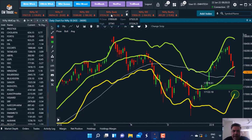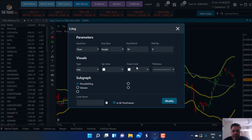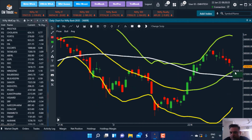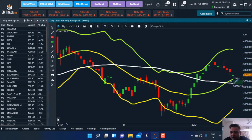Now let's analyze Bank Nifty. The Bank Nifty so far is holding both the 20 as well as the 50-day moving average. So that can be considered as a support level for Bank Nifty, which is around 37,168 to 36,800. And please keep a close watch on this level. A break of this level will see Bank Nifty also declining towards the lower end of the Bollinger Band, which is at